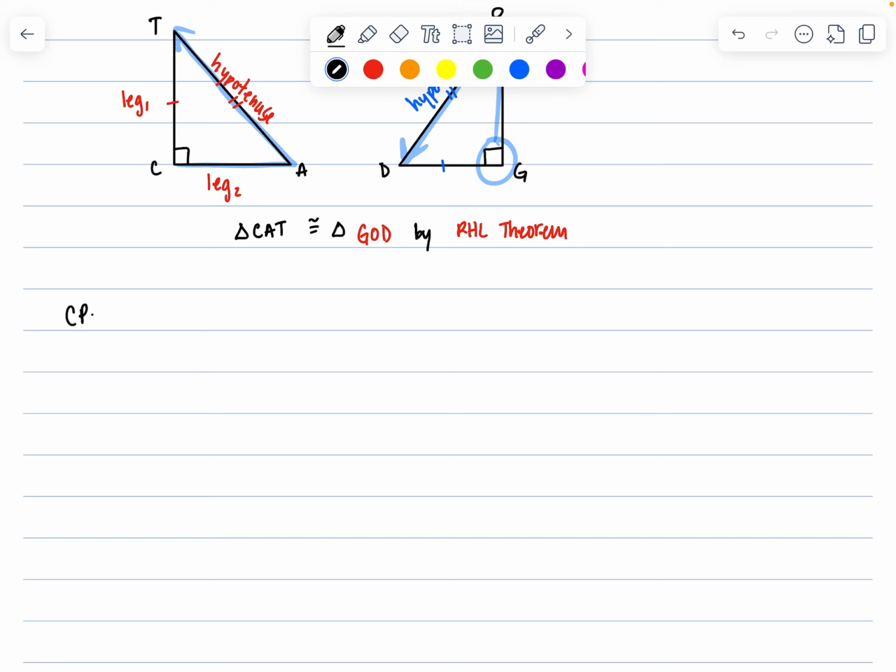And if you remember from when we talked about corresponding triangles, this stands for corresponding parts of congruent triangles